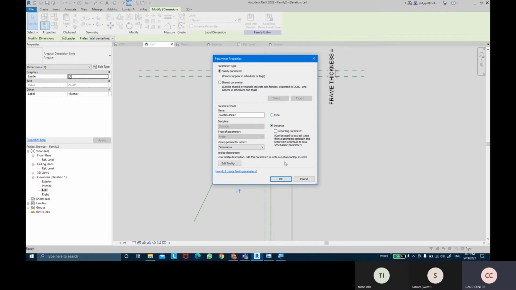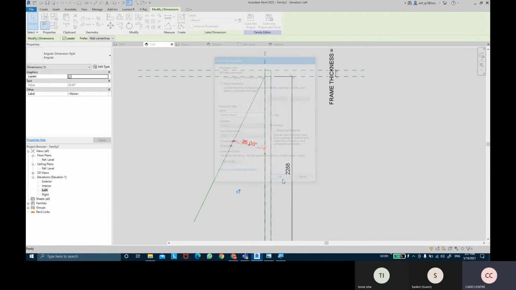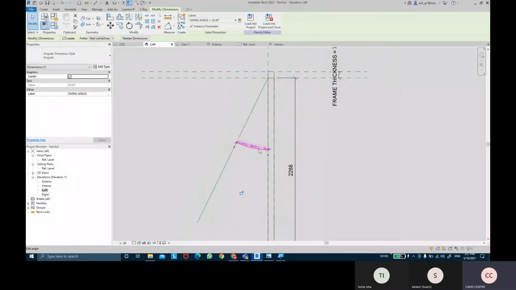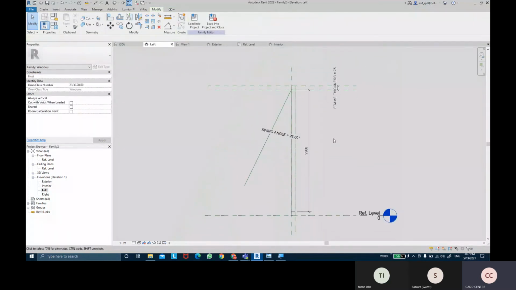If you want same, you can keep it as type. Click on OK with that. So that's been labeled as swing angle. And now I'll once again create